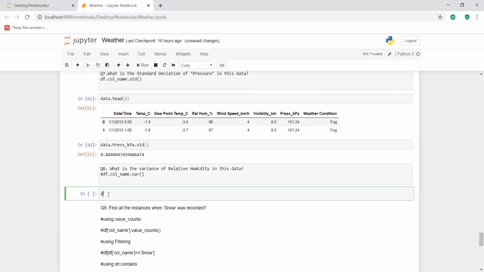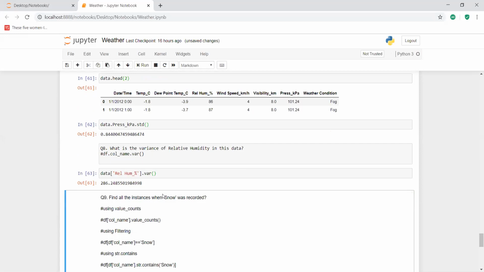So this is our relative humidity column. Here we have to refer to the column first. As I said, you copy down the column and paste it. You see here, REL space HUM. Since this column name has two words separated by a space, you cannot refer to it with the dot operator. You will have to refer to it with a square brace. And now you find out the variance. Variance is the function call which you make. So this is the variance. We have identified the variance.